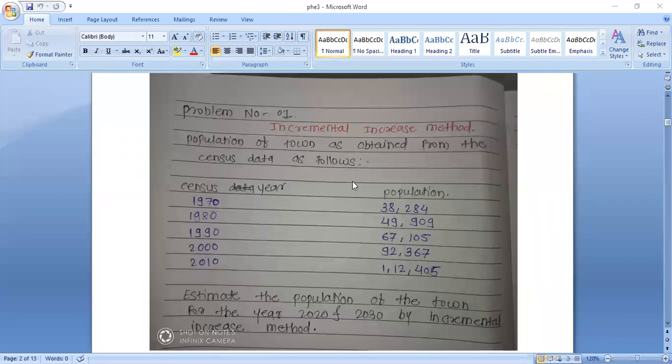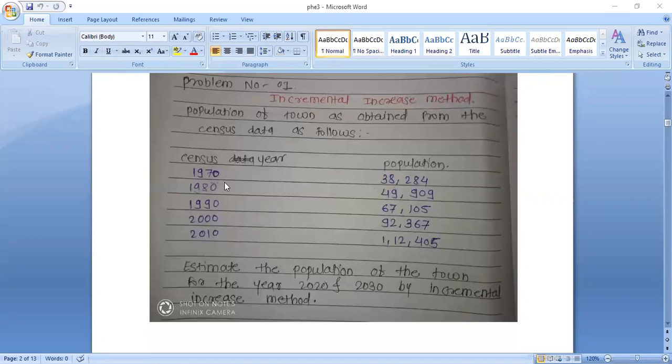Now see from the start. We have the given data, that is the census years and the population for these years. We have the population for each 10 years, that is for each one decade. Then we have the population up to 2010. Then we have to find the population for the next decade, that is for 2020, and then another decade, that is for 2030. So from 2010 we have to find the population for 2030, that is the total of 2 decades.